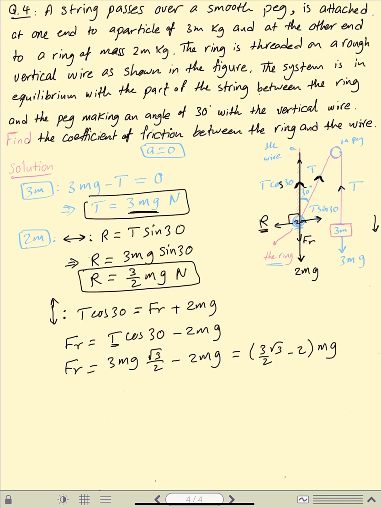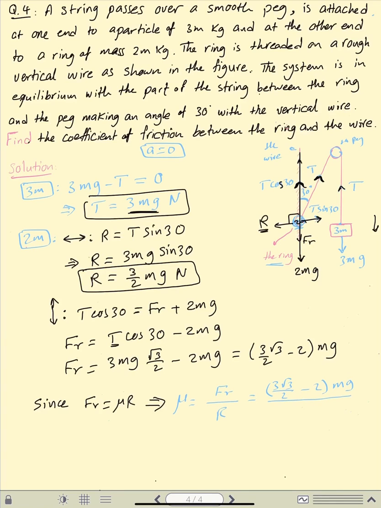At the end, we use the calculator as well, because he wants mu. He wants mu. Since now Fr equals mu R, so mu is equal to Fr over R. Fr, which is this, keep it, write it as it is: 3 radical 3 over 2 minus 2 mg